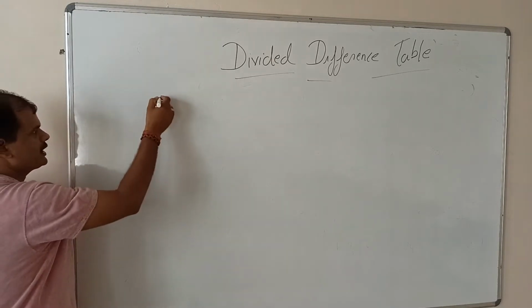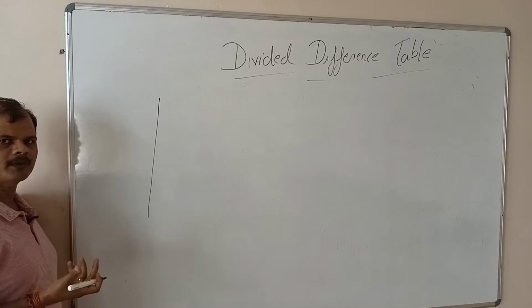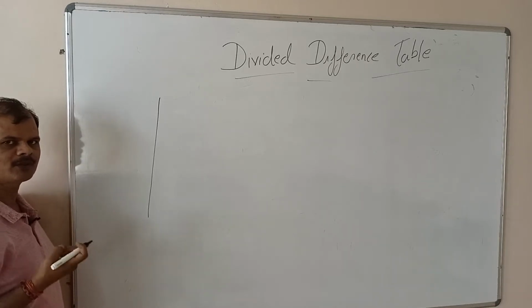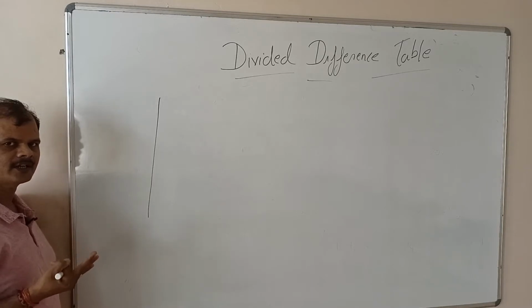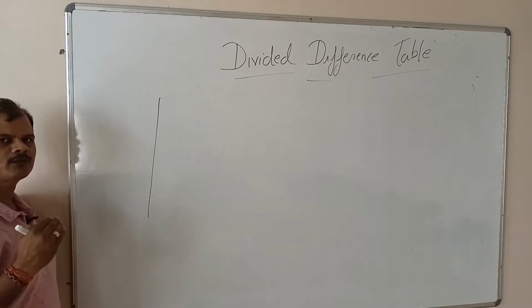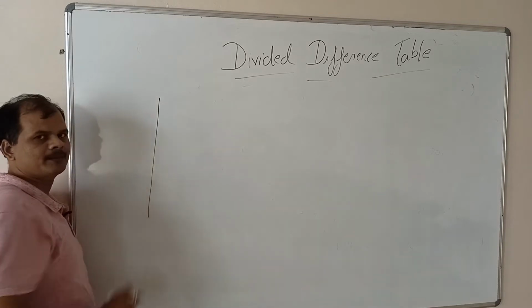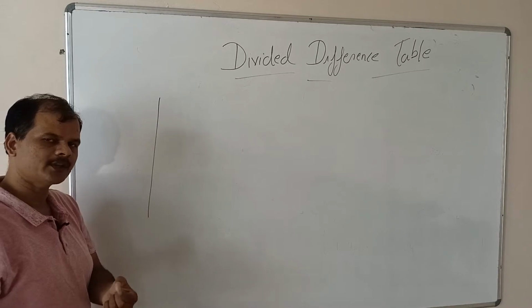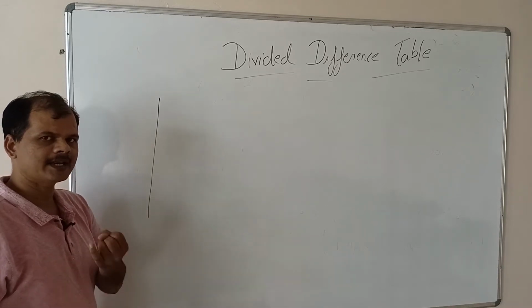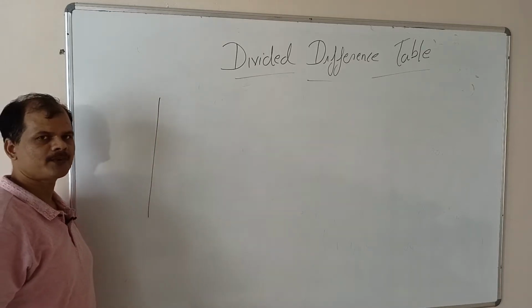So for the interpolation formula for equal intervals, we have Newton forward formula, Newton backward formula, and the central difference formula. For applying Newton backward and forward, we have the difference table. Now for unequal intervals, data with unequal intervals, we have Lagrange's polynomial, and this is the divided difference formula.